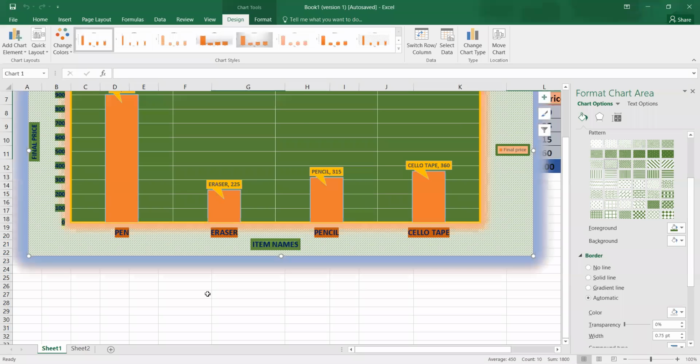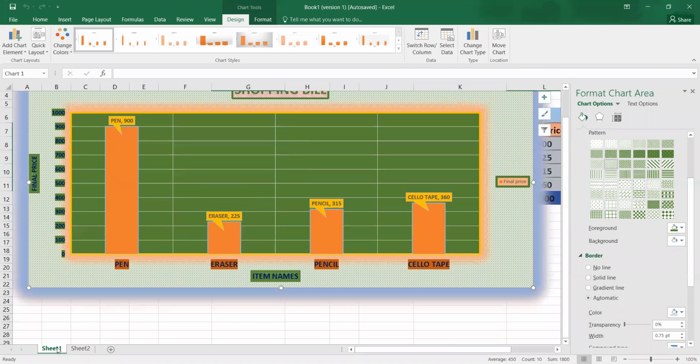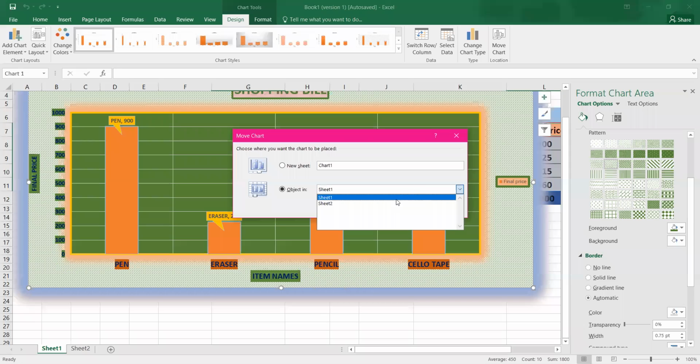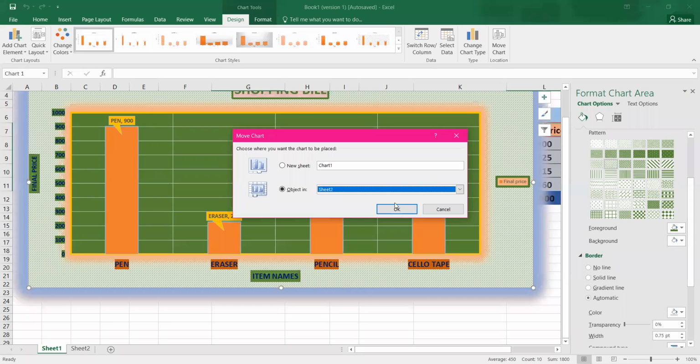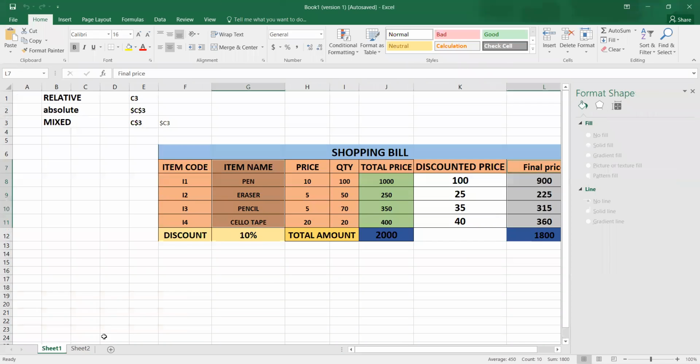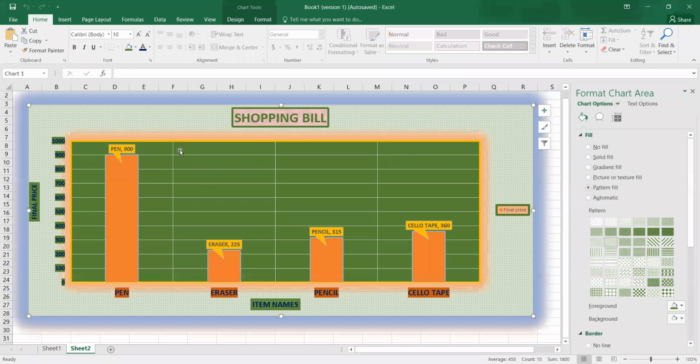And moving on to the sheet 1, see, the chart is available on sheet 1 now. Once again, when I want to move this chart onto the sheet 2, click on the move chart. On which sheet you want to move the chart. So I am selecting the sheet 2 now. Click OK. So on sheet 1, I am having the data. On sheet 2, the chart has been changed. Chart has been shifted or moved to the sheet 2 now. So that completes our chapter.